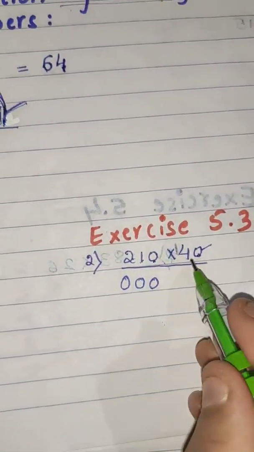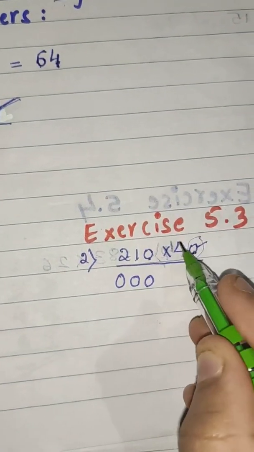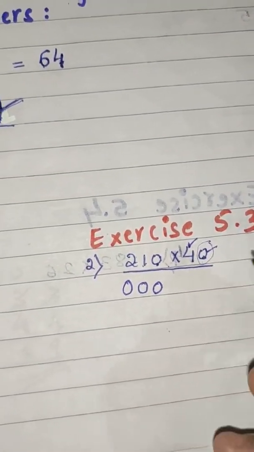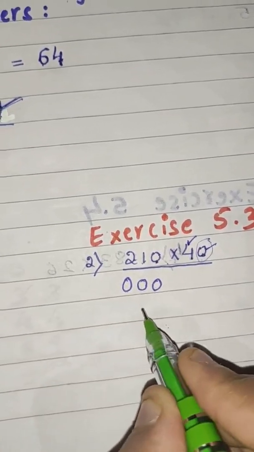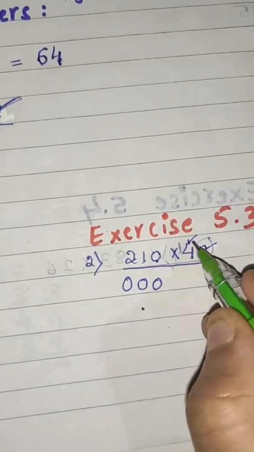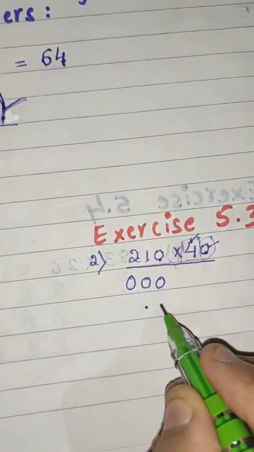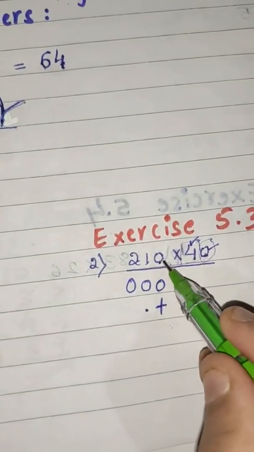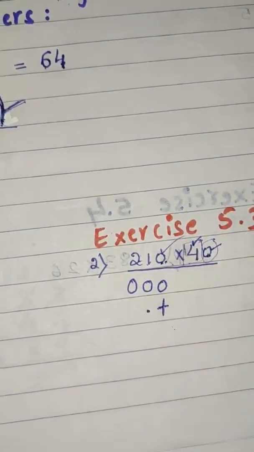Now, after finishing this one, come to the next number, that which is there in the 10 place. So we have to start writing the answer from the 10 place only, not from the unit place, because this number is in the 10 place. So here we have to write this addition sign. But while multiplying, we have to start from this unit place only.